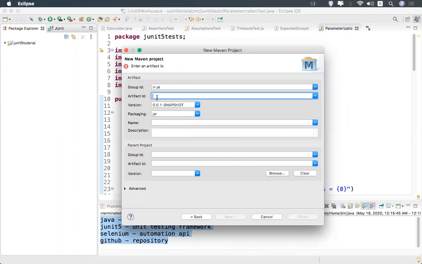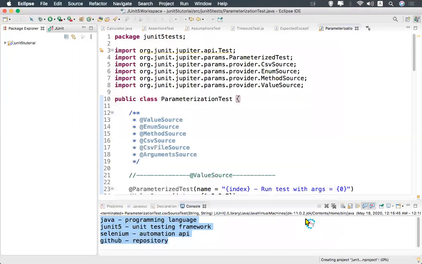The artifact ID I'll say JUnit 5 Maven tutorial, or project, whatever name I want I can give. Then you can click finish. That simple it is. JUnit 5 Maven project created.